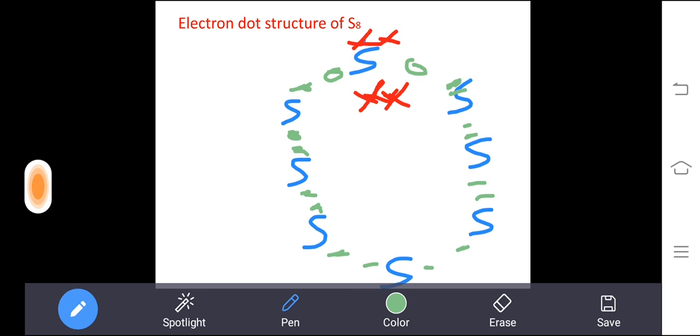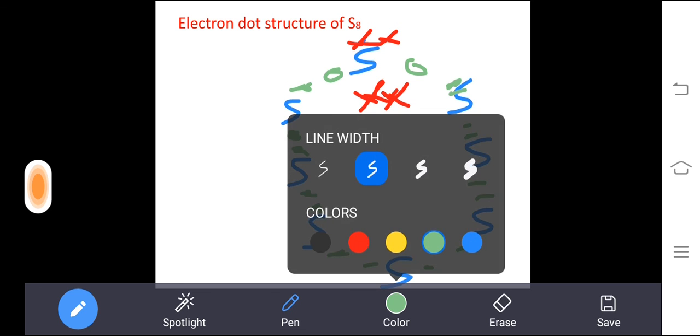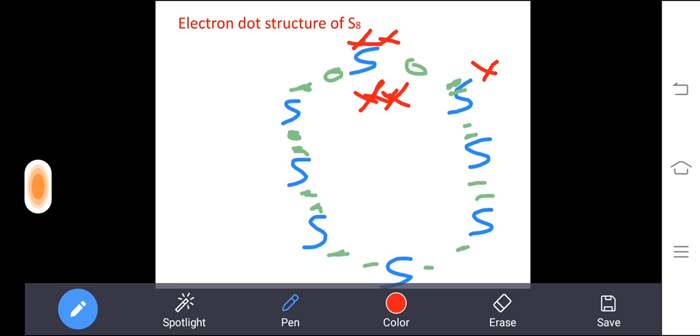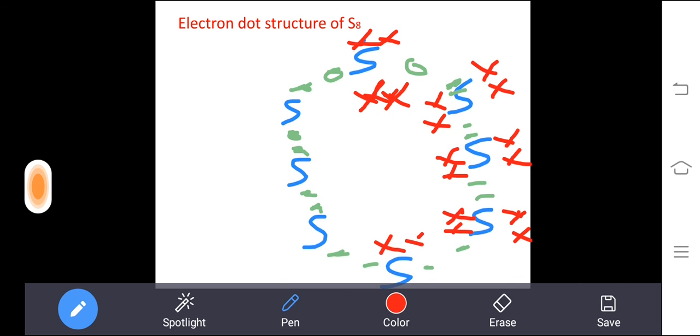Why did I place 2 electrons instead of 6 electrons, which we want to place? Because only the 2 I am going to show how it is sharing. The others are not in the sharing. Only the 2 are in the sharing, so I gave importance to the 2. So like this you want to draw for everything. Totally it will come 6, students: 4 red lines and 2 green.